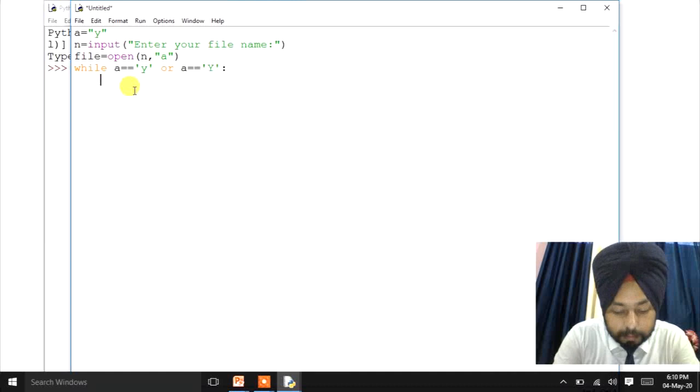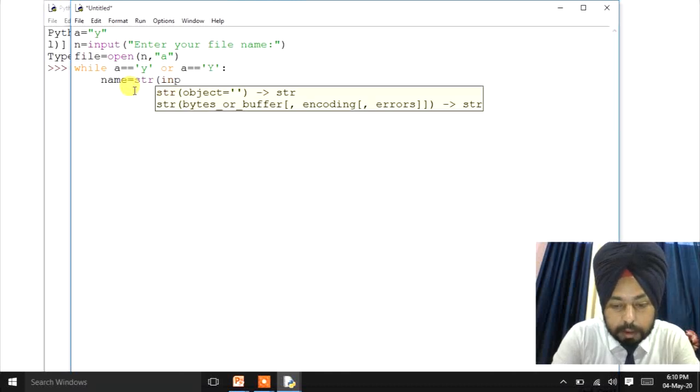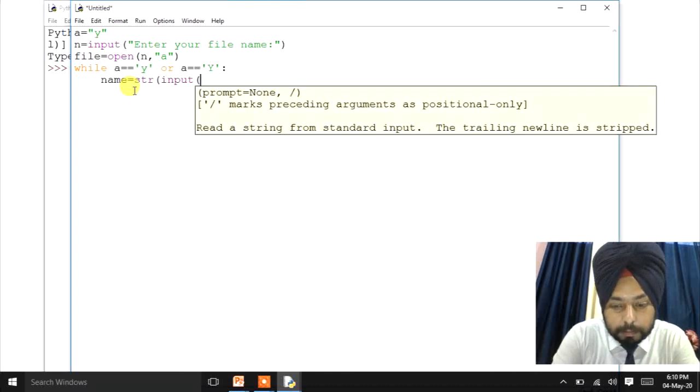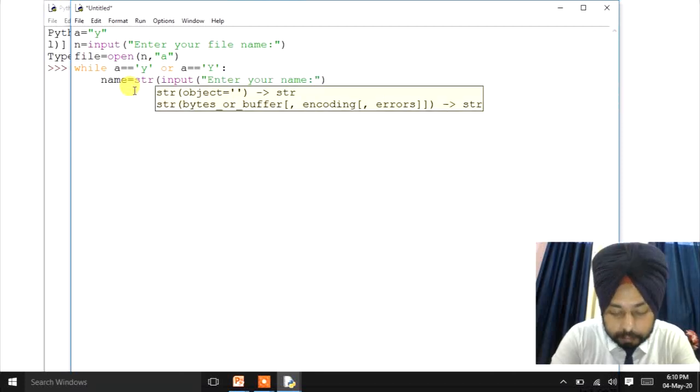Then name equals to str means string. It will take input, then enter your name, right?